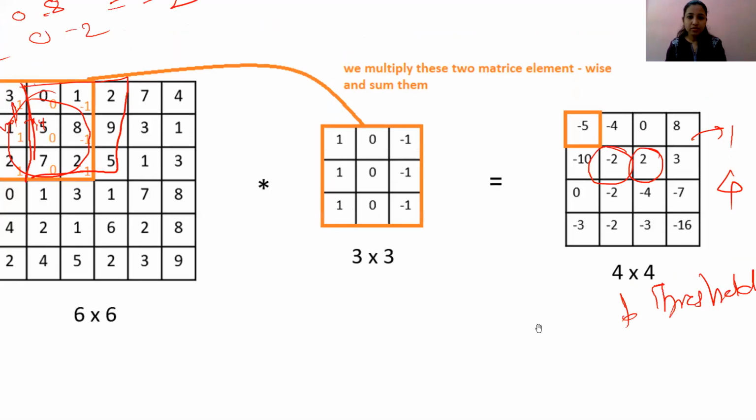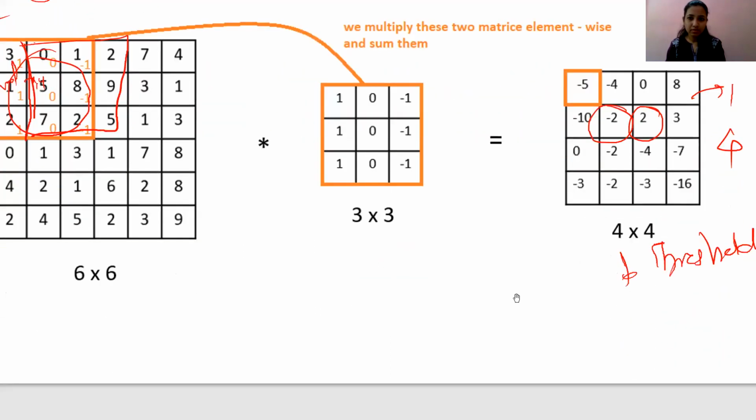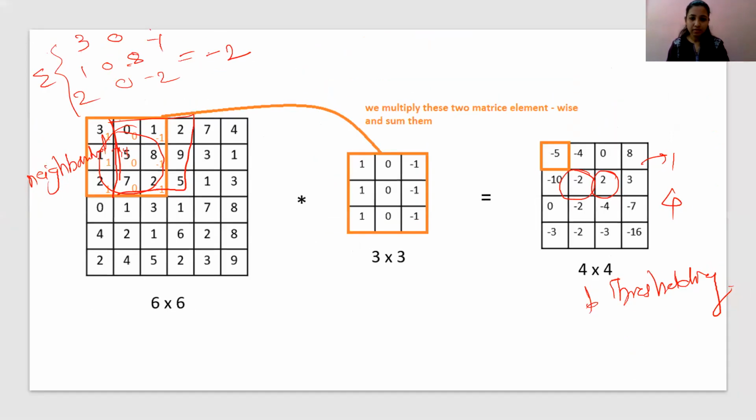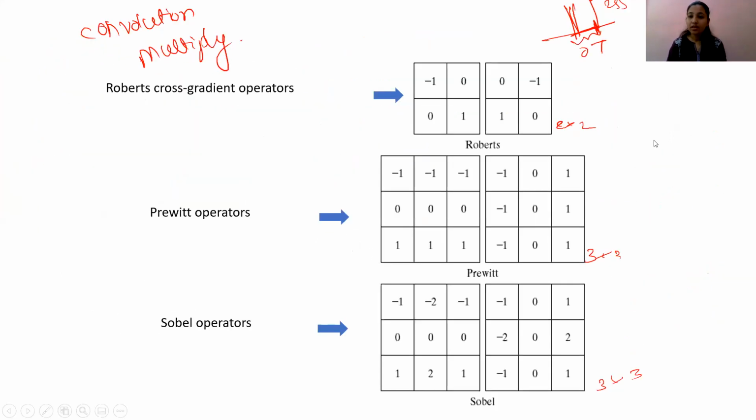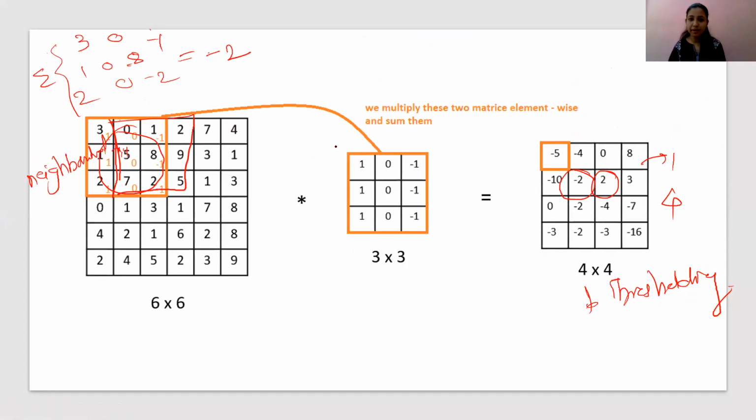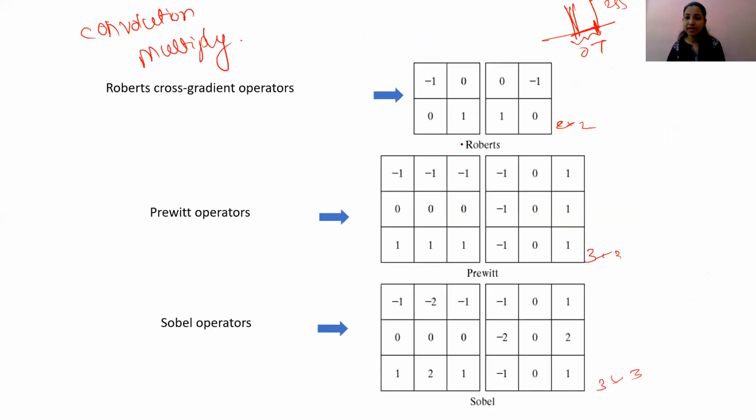Where is my presentation? Okay. So ये जो ऑपरेशन हम लोग कर रहे हैं, multiplying by something and getting the result, वो something जो है, that is pre-defined. कौन सा pre-defined है? Robert का pre-defined है. If you are going for a Robert edge detection, तो आप ऐसा कुछ mask apply करोगे. If you go for a Prewitt edge detection, तो Scilab इसके साथ multiply करता है आपके image के pixels को. You understood? Yes.